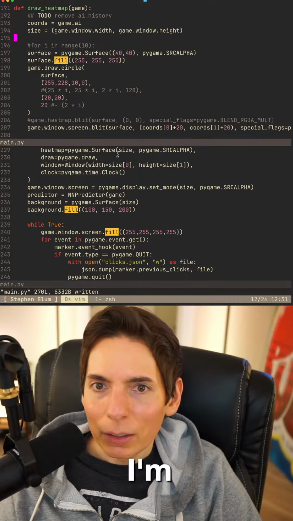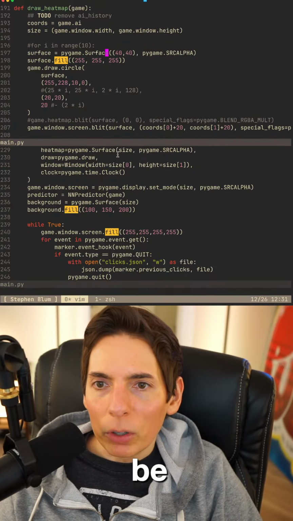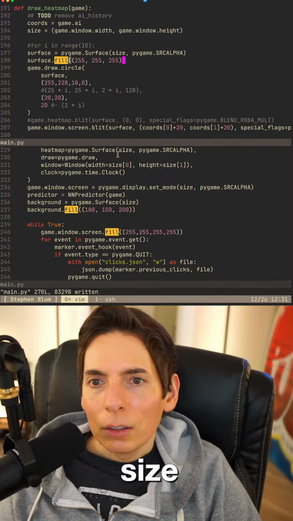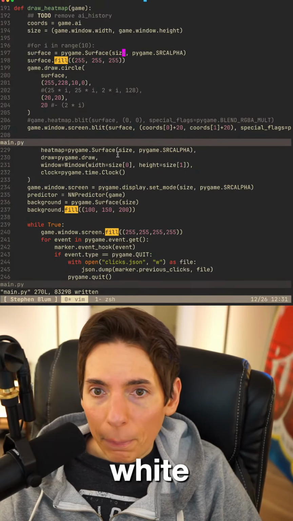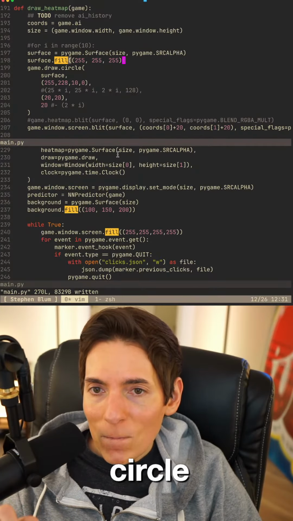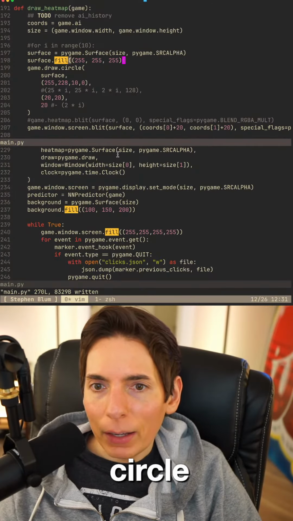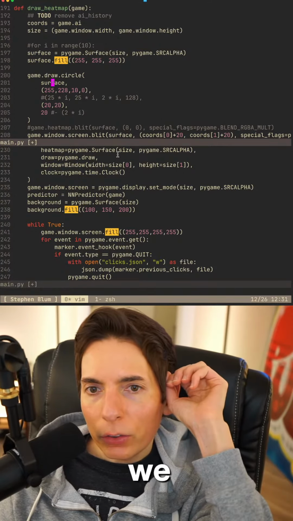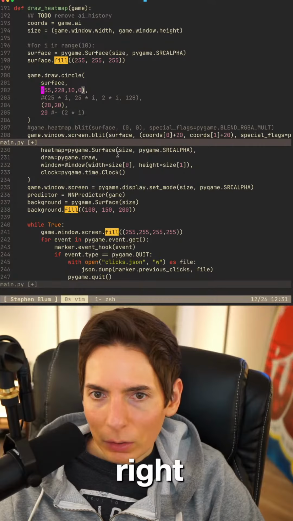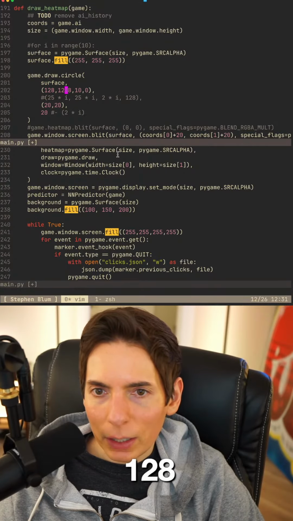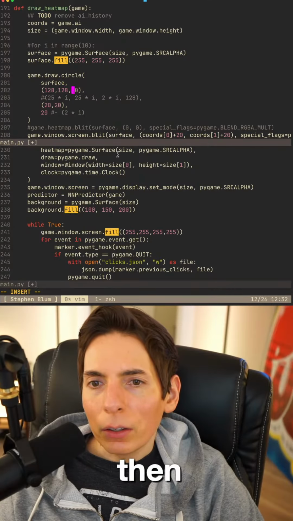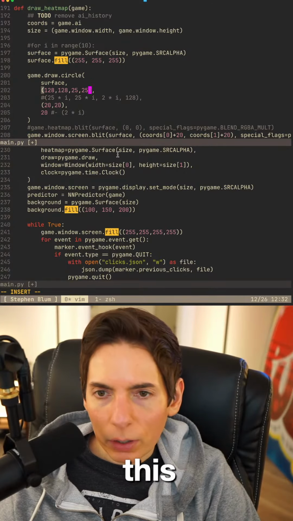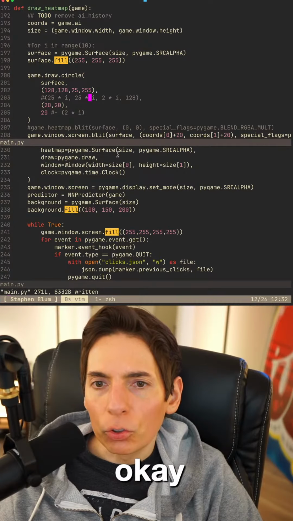Okay, now I'm excited. So the size, all right, it's going to be that, and we're going to change this so the entire surface is going to be the entire screen. So it'll be size, and then we're going to fill the surface with white. And then when we want to draw the circle, we're going to make this circle. We're going to blit the circle. We have to do the same thing. So how do we want to do it? It's got to be inverted, right? So let me see, 128, 128. Okay, and then 255. Let's make this 255. Okay. So it's fully opaque.